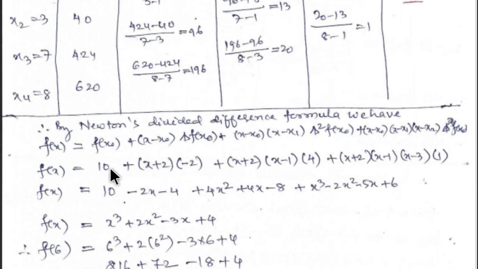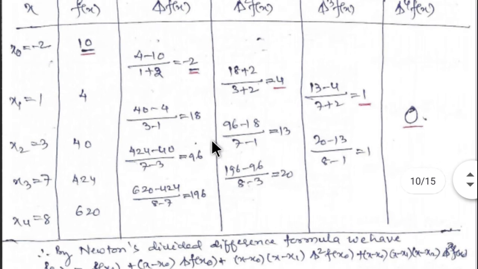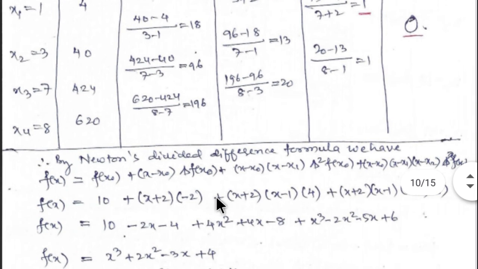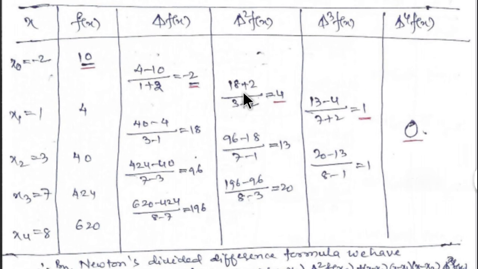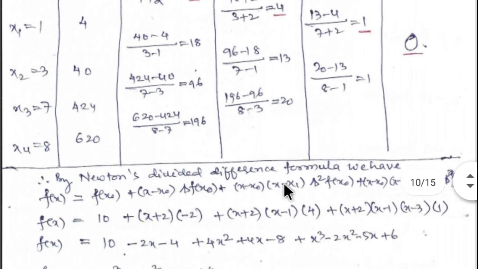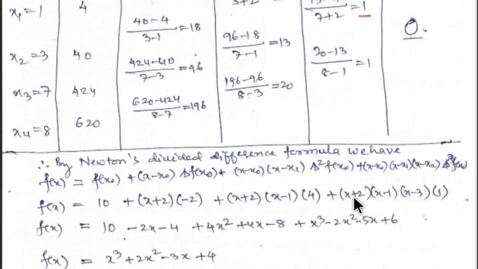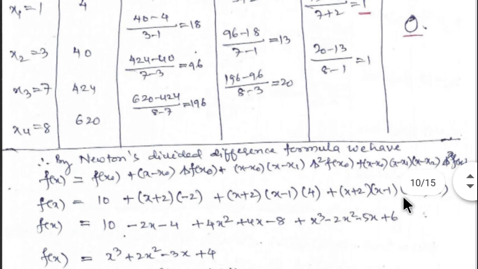f of x equal to 10, f of x naught is 10, plus x minus of minus 2, that is x plus 2, into delta of f of x naught, the beginning value of the table, which is minus 2. Substitute here. Similarly, next x minus x naught is x plus 2, x minus x1, x1 is 1, so x minus 1, into delta square f of x naught, which is 4. This is the beginning value of the table. Plus x plus 2, x minus 1,